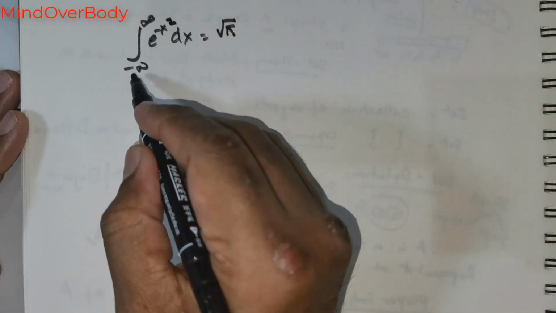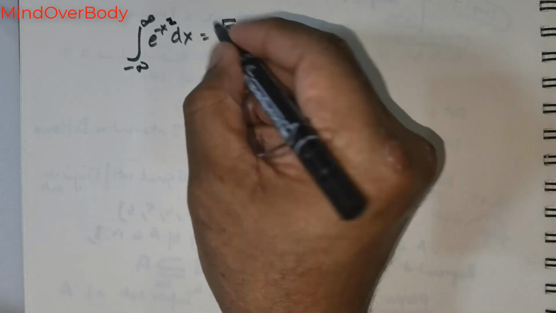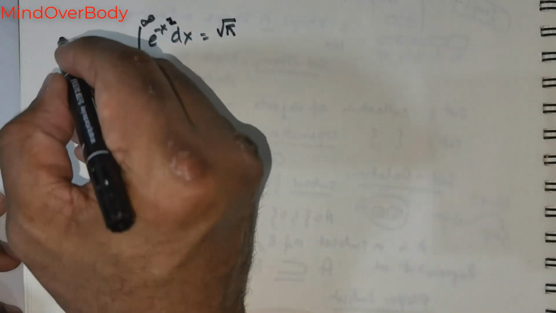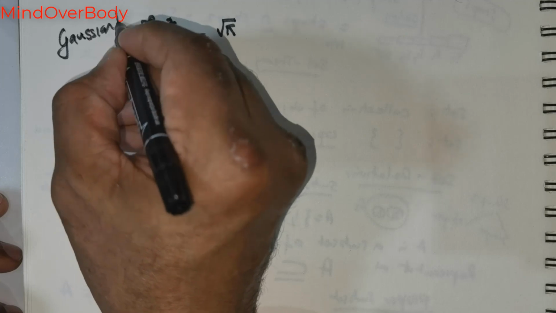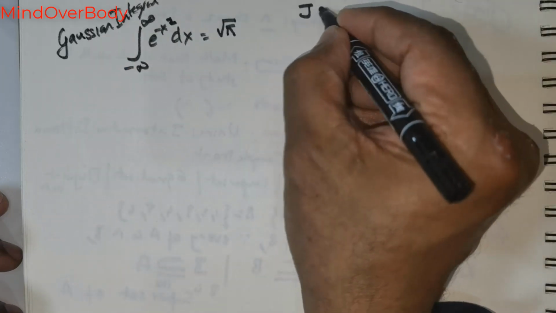Good day everybody. We are expected to integrate the integral from negative infinity to infinity of e raised to the power of negative x squared times dx, and we have to show the value to be equal to root pi. This is called the famous Gaussian integral. Now there are many ways to solve this. I would be employing the Jacobian technique